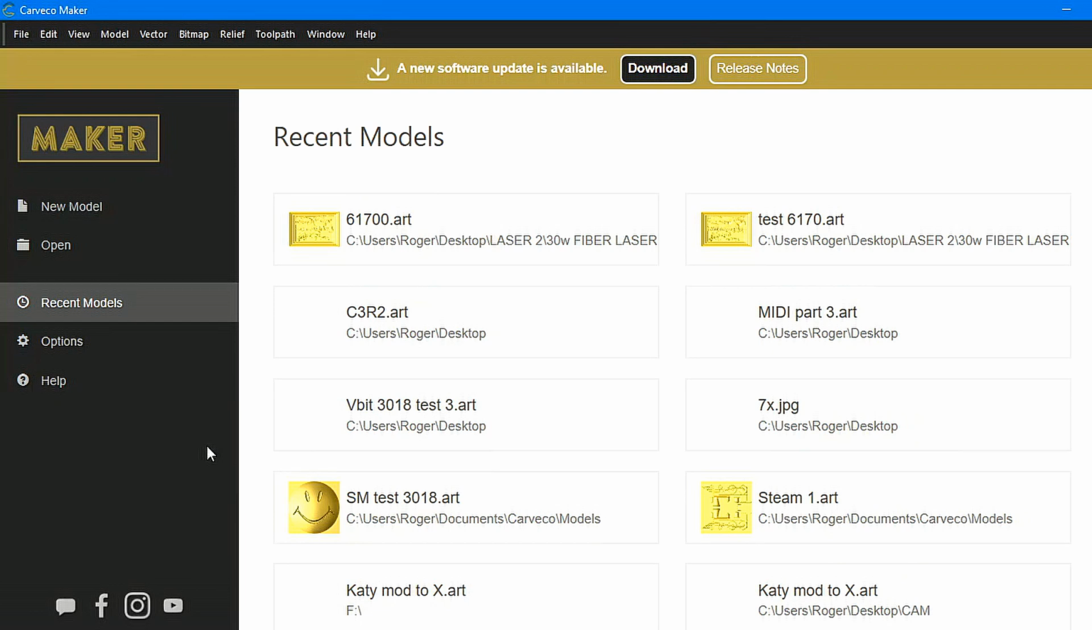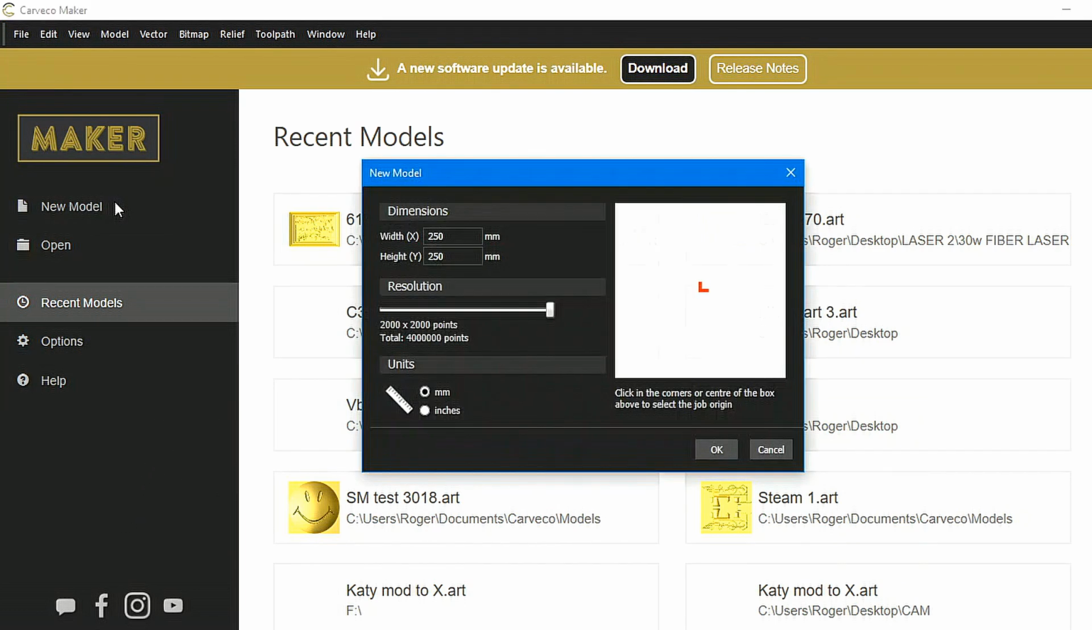So this is the opening screen in Carveco and just gives you a listing of previous work that you've carried out. So we're going to start a new model and we're going to alter this to 300 by 300,